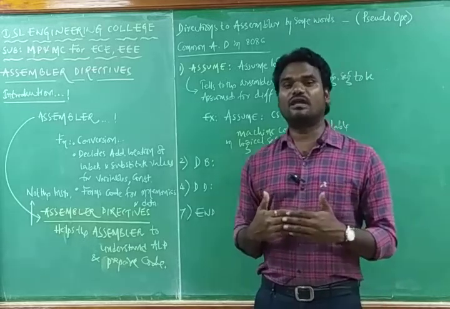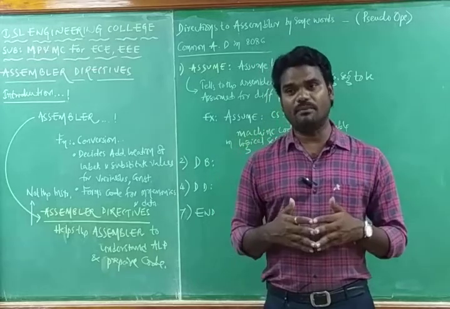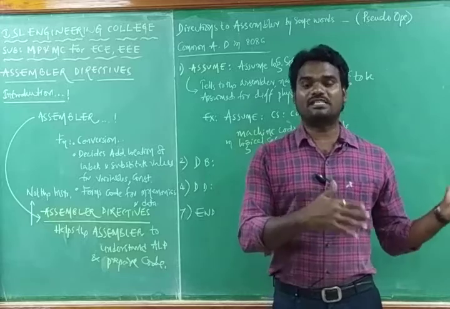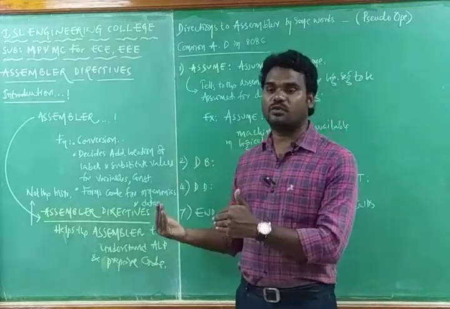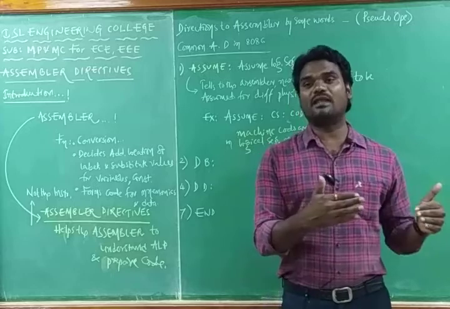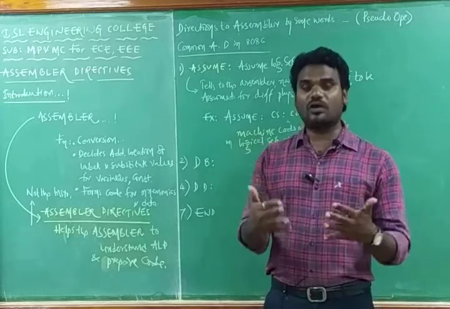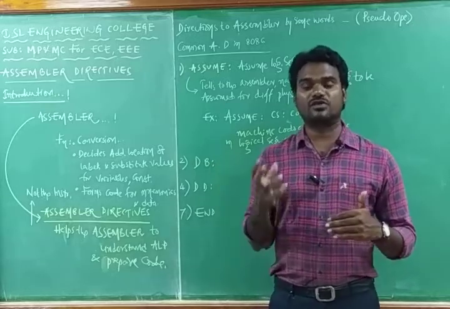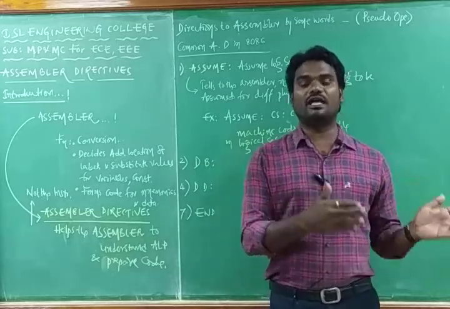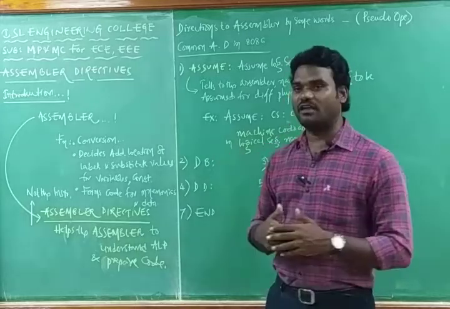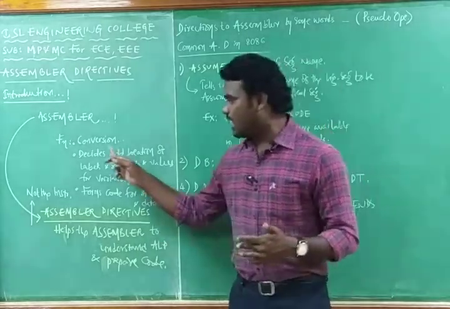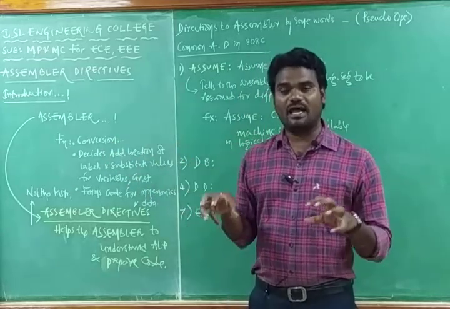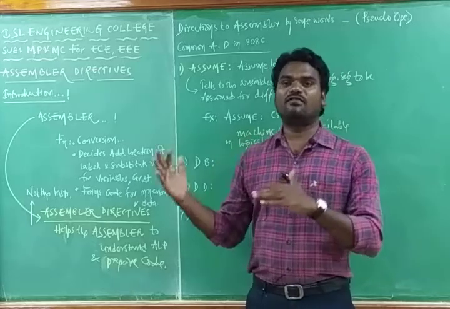So from this we can conclude that the assembler is a program, an interface, a converter, which converts the assembly language program into machine language. This assembly language program is written by the programmer, whereas machine language can be read by the microprocessor. It is not only converting the assembly language program into machine language; whatever fields are there in the assembly language program, all will be converted into machine language.